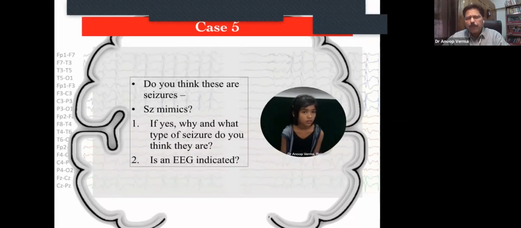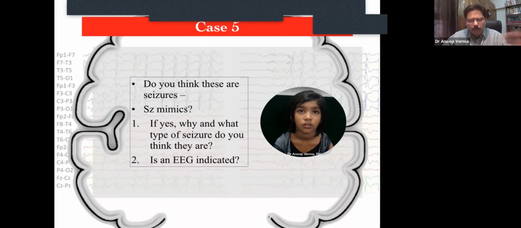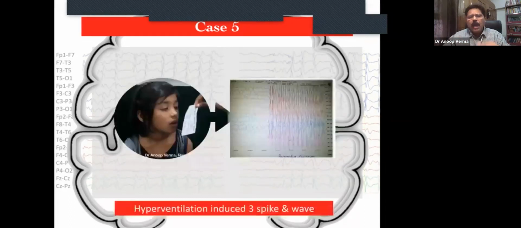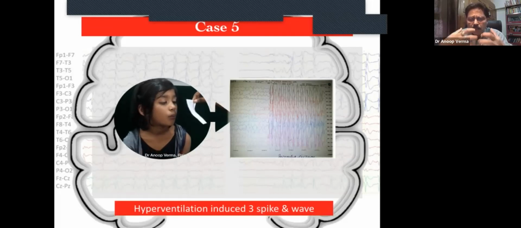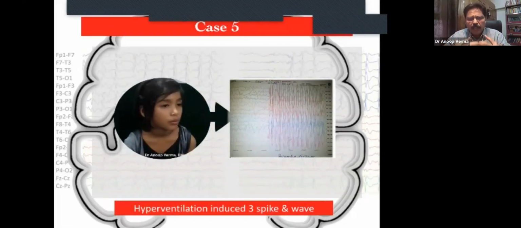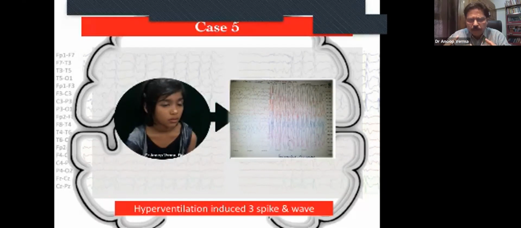Definitely, you are seeing a patient who is having a behavioral arrest. There is a sudden blank spell. So if yes, why, and what type of seizure do you consider, and is EEG indicated or not? This is a very important practical question, and hyperventilation is a very important criterion for the manifestation of